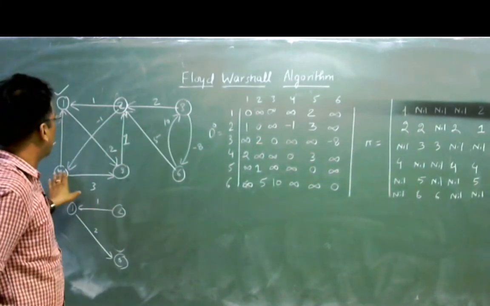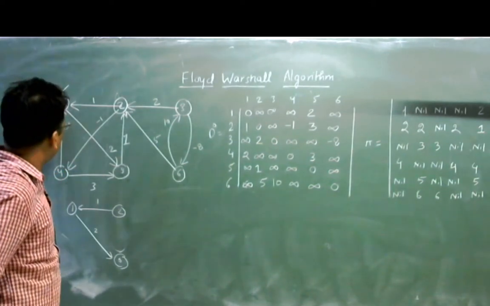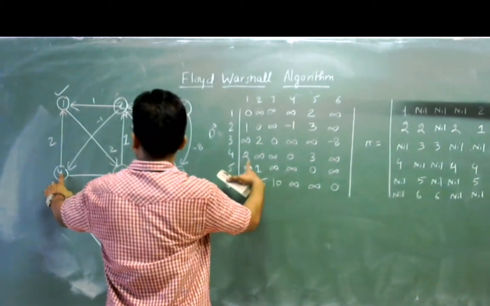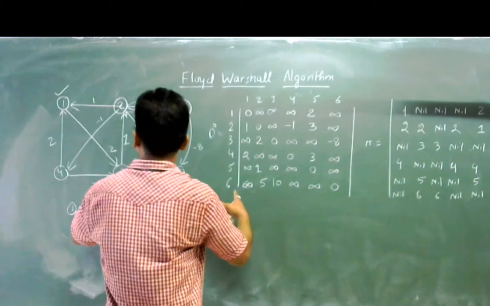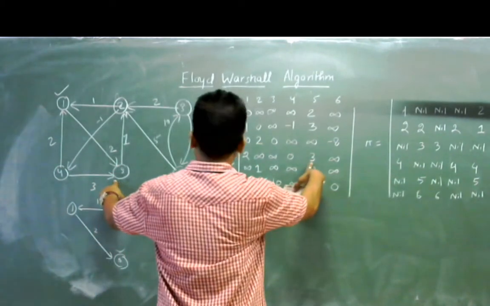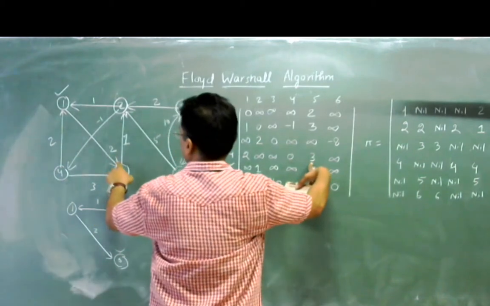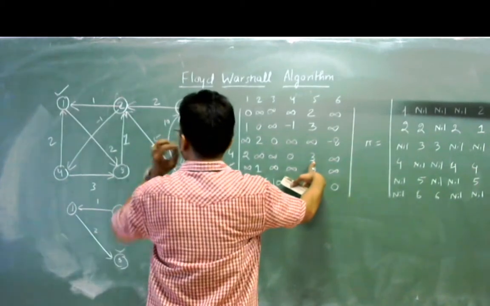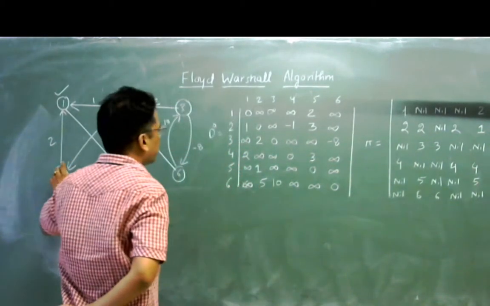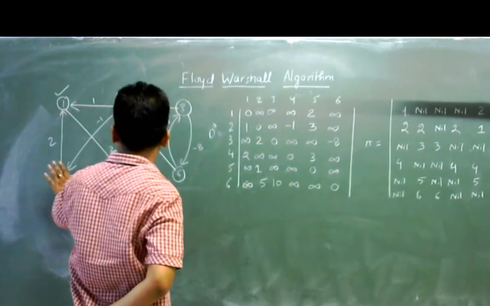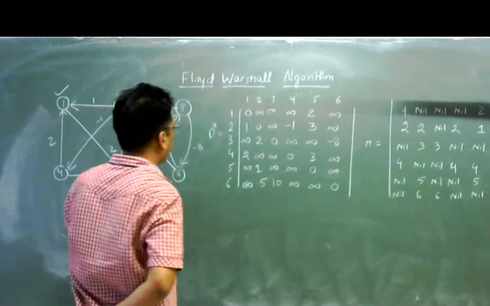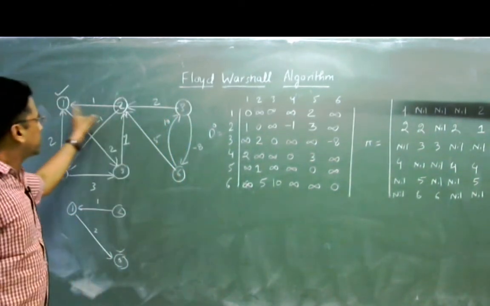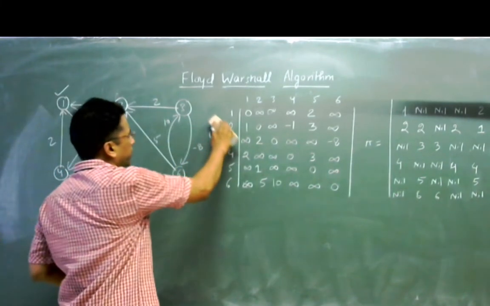So only 2 and 4 will be able to get the advantage. Through node number 4, 4 to 1 distance is already minimum, but 4 to 5 there is a distance 3, and the distance you will get via 1 is 2 plus 2, 4. So that is greater than 3, so it will not be updated. And 4 to 3, you will not get any path, so it will not be updated. 4 to 6 you will not get any advantage. Similarly, 6 cannot access 1, so this will become the D1 matrix.